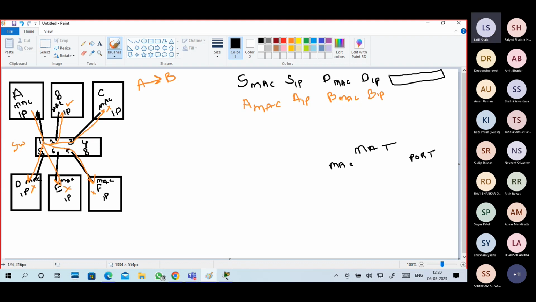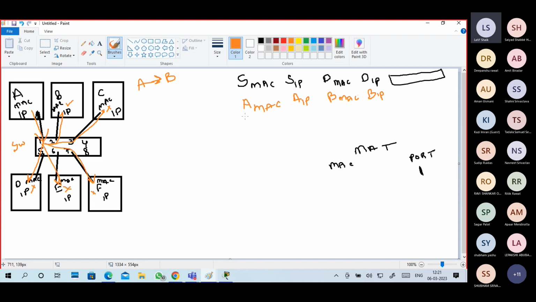This is port number 1, right? Port number 1 received a packet from A. You can see it received a packet from A.